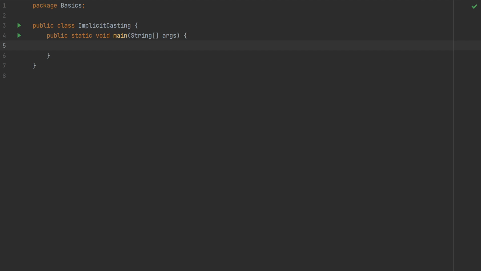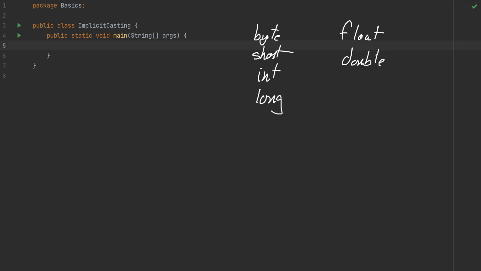So there's a lot of numerical primitive types that we've learned so far. We've learned whole number ones, such as byte, short, int, and also long. We also learned the numeric primitive types that allow precision. These are the floating ones, such as float and double, right? Now,